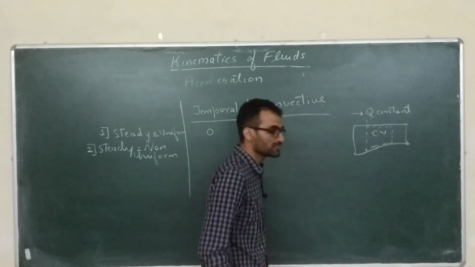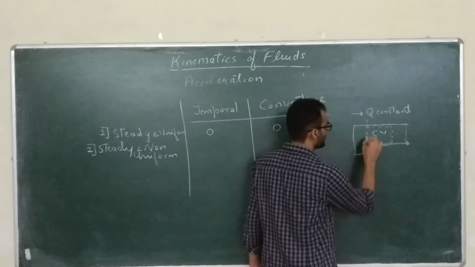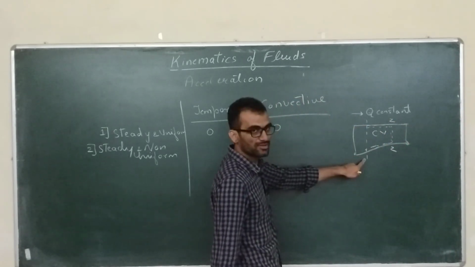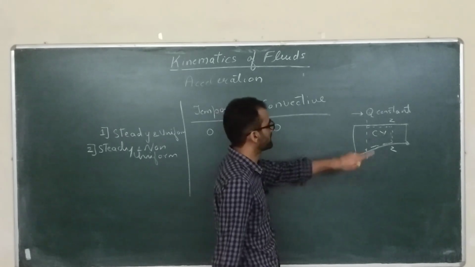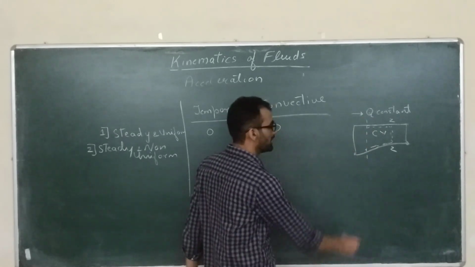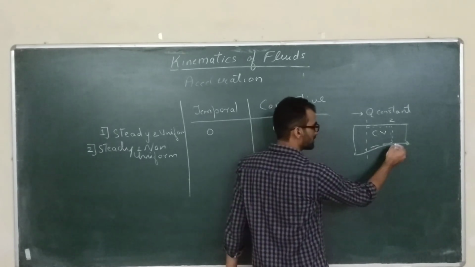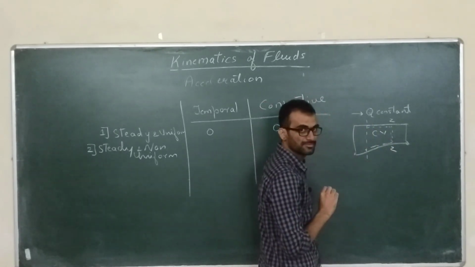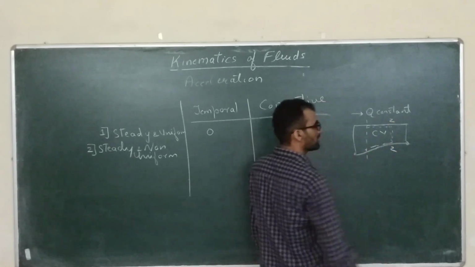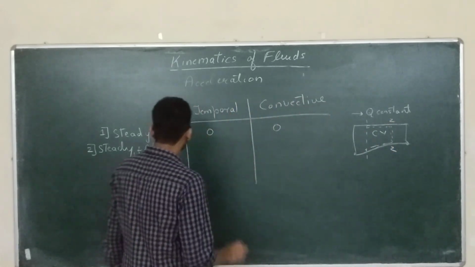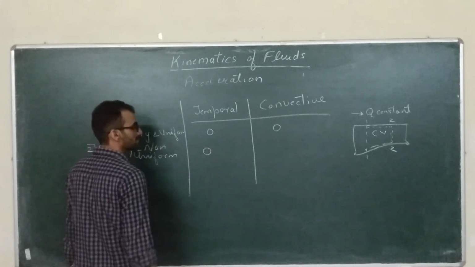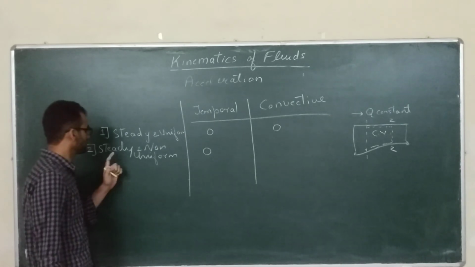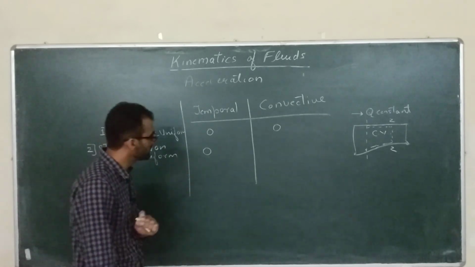Now what is happening? If you take a particular location, let's say you take 1-1 and you take 2-2, at 1-1 you keep on measuring the velocities, it will not change with time since it is a steady flow. And you can do that at any location. At location 2 also, if you keep on measuring the velocities, they will not change with time, because Q is constant, steady flow. So again there will be no temporal acceleration. Temporal acceleration is related to the steadiness or non-steadiness. Steady flow means temporal acceleration will be 0.